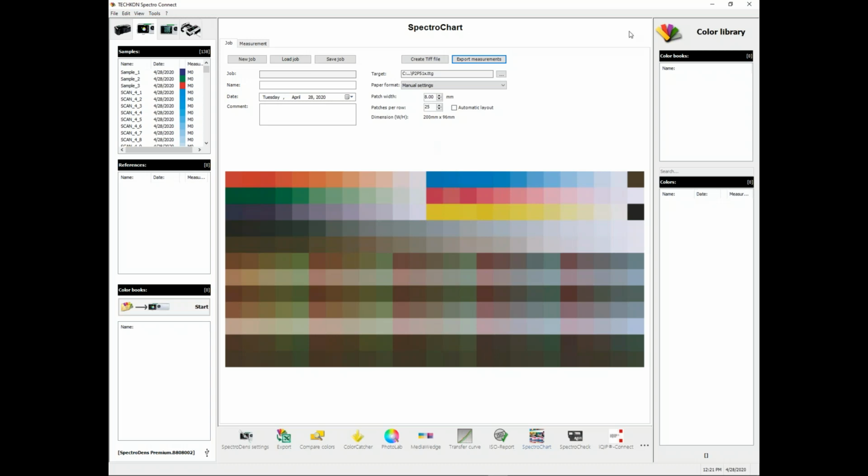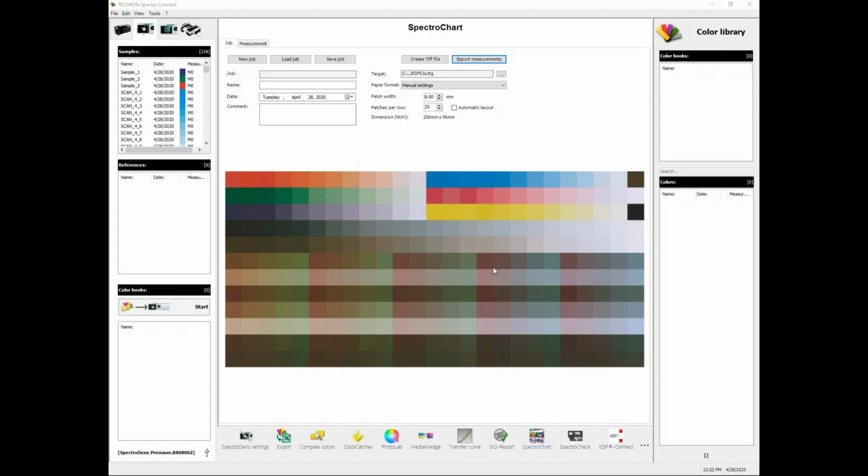The next one I'd like to talk about is actually being asked many times, almost on a weekly basis. How do we manage color libraries on the SpectroDens through the software here? So there are many ways. I conclude there are 2 or 3 different categories. So the first one is you can